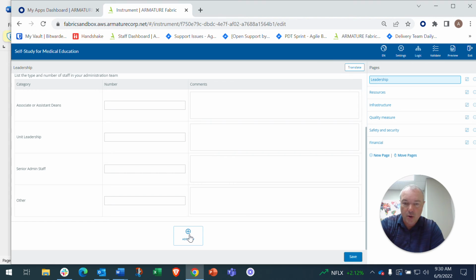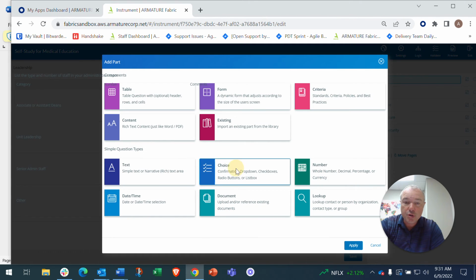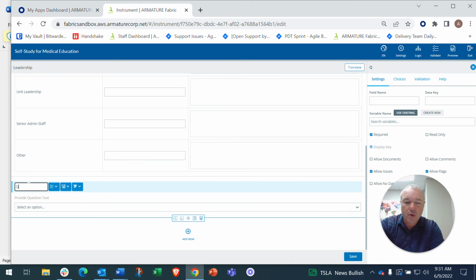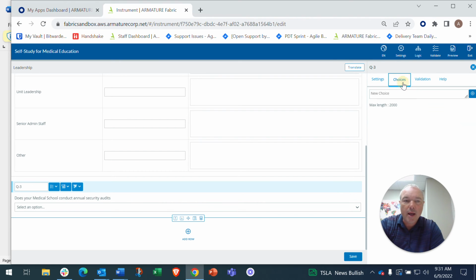Then I'm going to add another question type, and this question will be a choice question, and so we'll just call that question 3, and we'll say, does your medical school conduct annual security audits? In this case, I'd like this to be a simple yes/no choice question, so I'm going to add some choices in here. Yes and no, and I am going to save that,